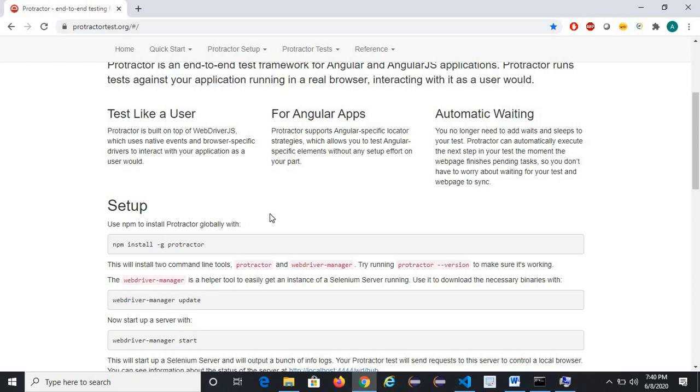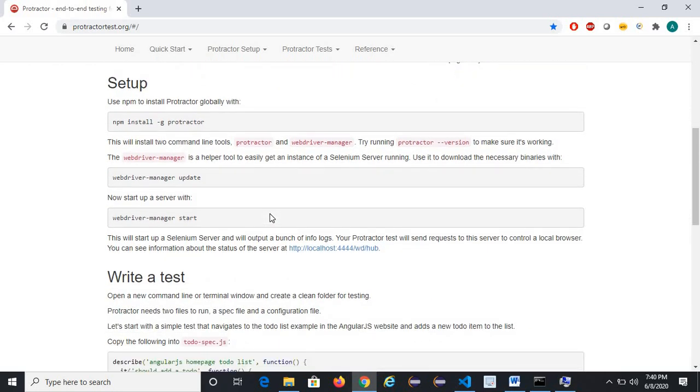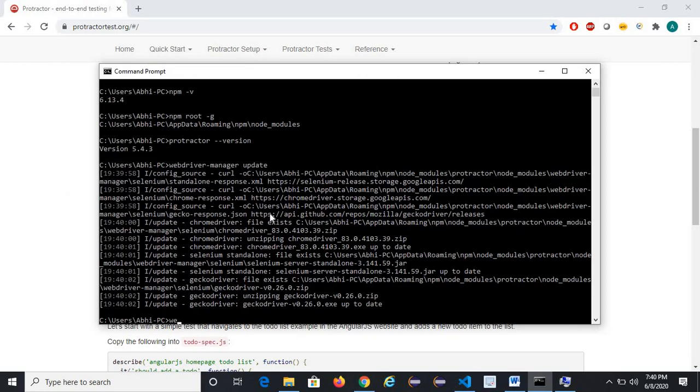Before execution you have to start your Selenium server. For that we have to use webdriver-manager start. Let me do that: webdriver-manager start.